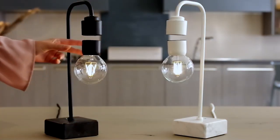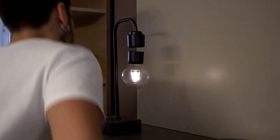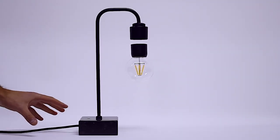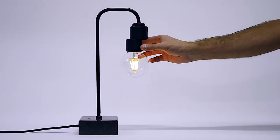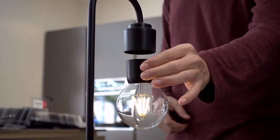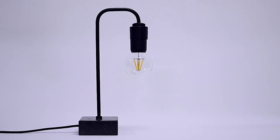MUKOQI Levitating Bulb Lamp. This looks like a normal light bulb, until you realize it's literally floating in the air. The MUKOQI Levitating Bulb Lamp uses magnetic levitation to keep the bulb suspended above its base while slowly spinning, creating a seriously futuristic effect. The warm LED glow gives your space a cozy feel, while the wood-style base adds a